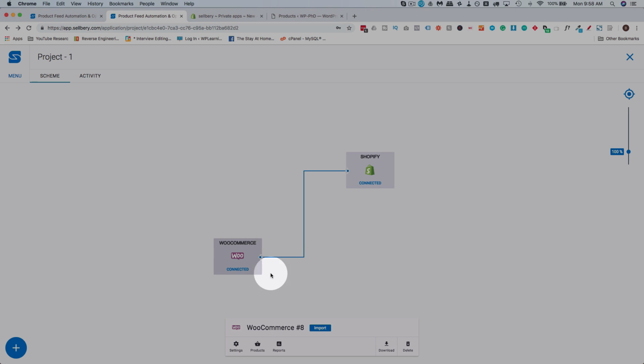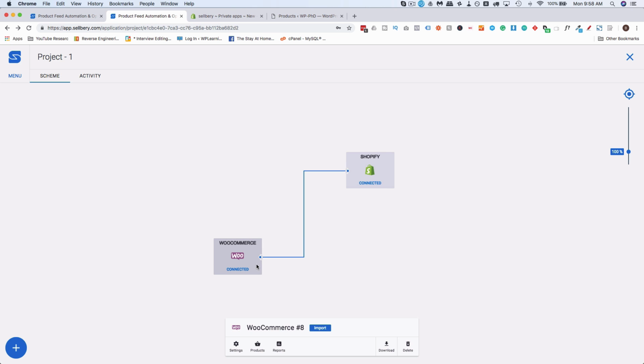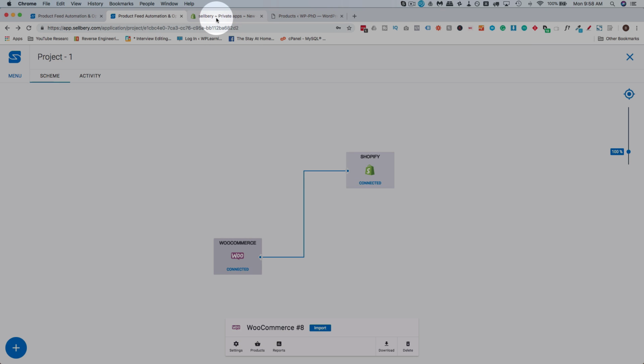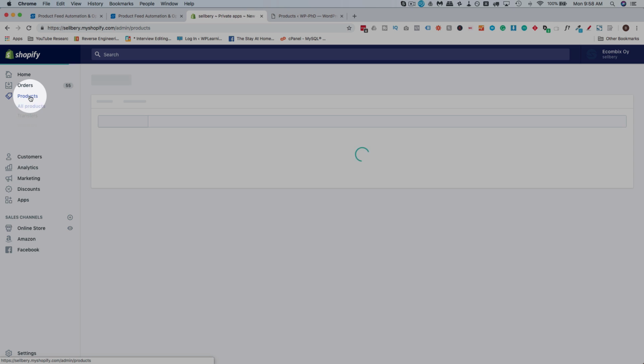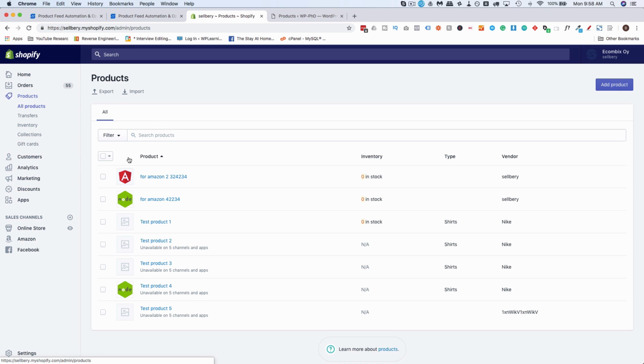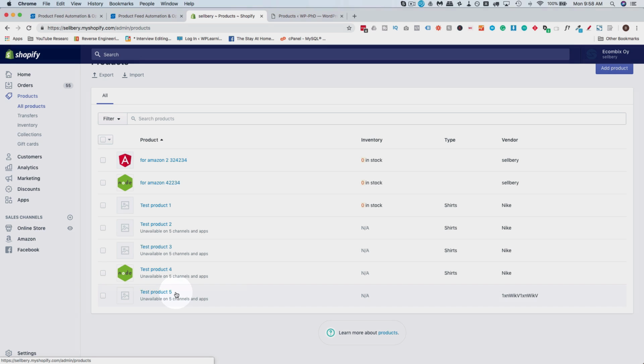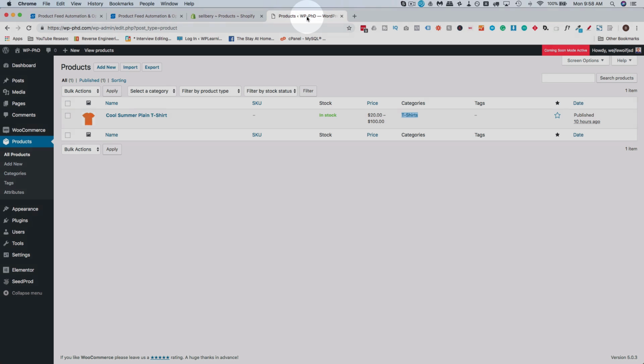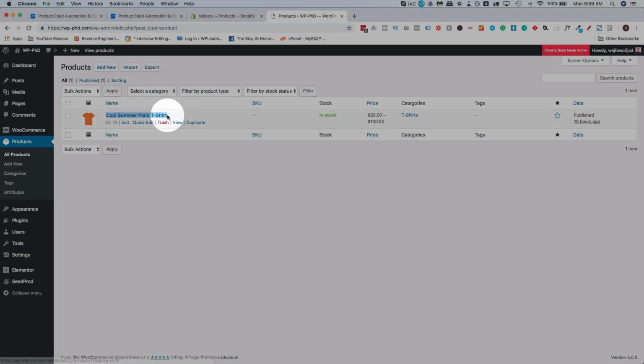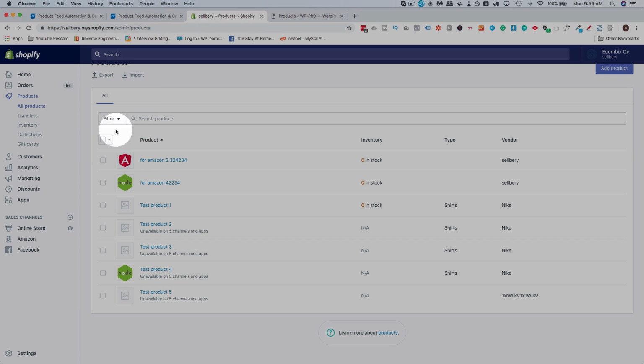So first things first, we saw the product in WooCommerce already, the t-shirt. Let's check in Shopify to see what we have there. They probably have some kind of products here already, Sellbery, because they're just testing and stuff like that. There isn't one called t-shirt, so should be okay, right? What's it called in WooCommerce? Cool Summer Plain t-shirt. It should come over with that name and the variations and be added to this list